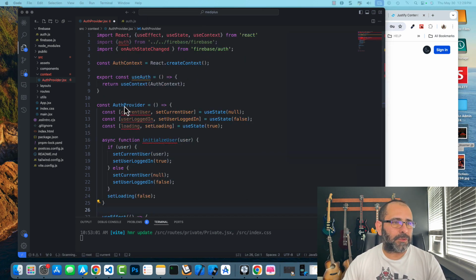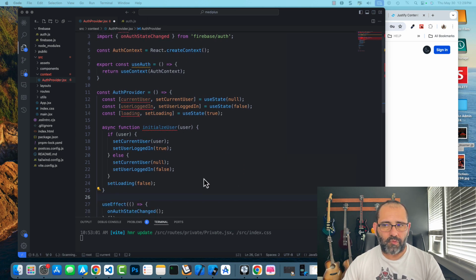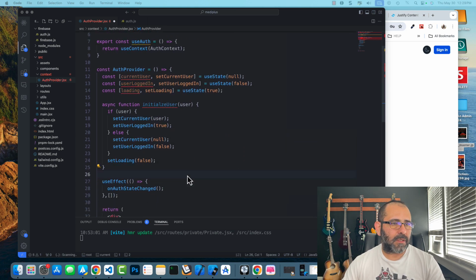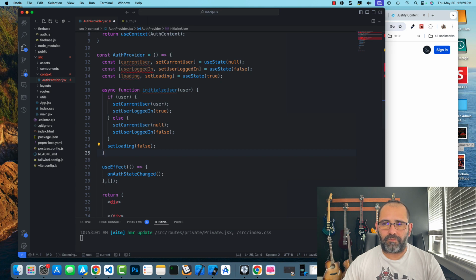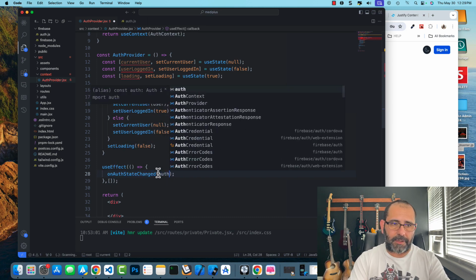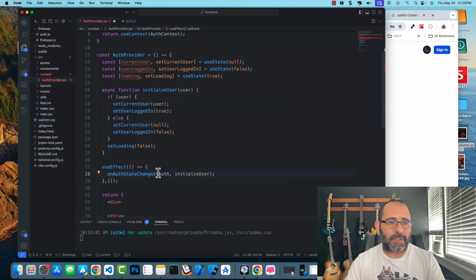One more thing that we need to do is create... let me check my notes to make sure that I'm okay. We'll see in a minute. All right, so now that we're here, we're gonna need to get an on state, and then in the auth state, we're gonna pass the auth, and then we're gonna pass the initialize user. Okay, so now this right here and this right here is gonna run the auth and the authorization file configurations